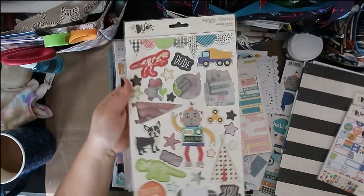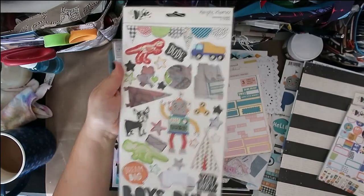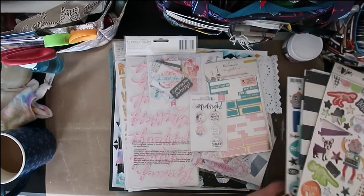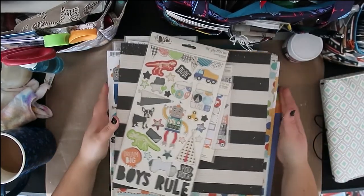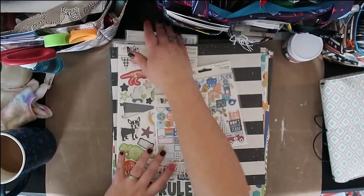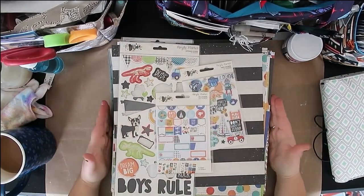All of them except the black stars. So there's still lots left on that chipboard piece. So all of this is being added to my kit. And like I said, because I'm doing Calvin Ball, I feel like I wanted to have an extra beefy kit because